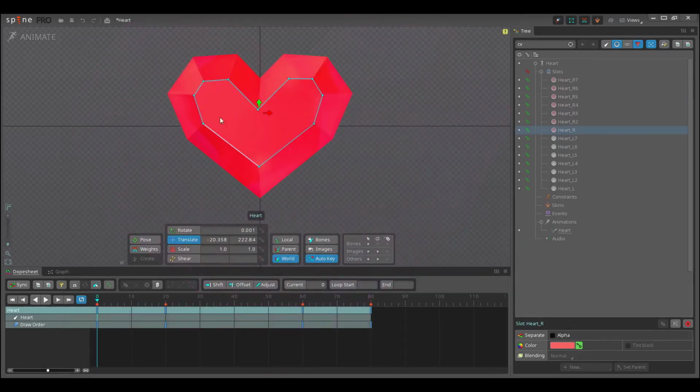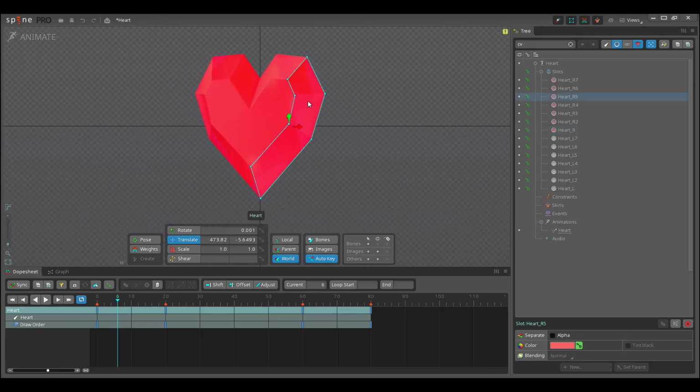In the first frame, we see that the red heart is in front. It will move toward us with this front edge, which should be the highest in the draw order, so we place it at the top. It should remain on the top layer until the last moment. Next, we position this part so that it overlaps the others. Then we place this piece as the third layer, followed by this one, then this one, and finally this last